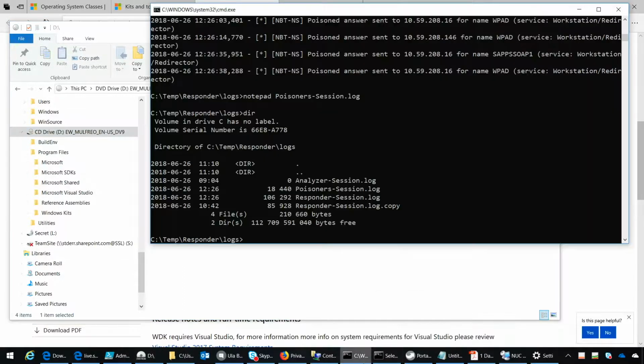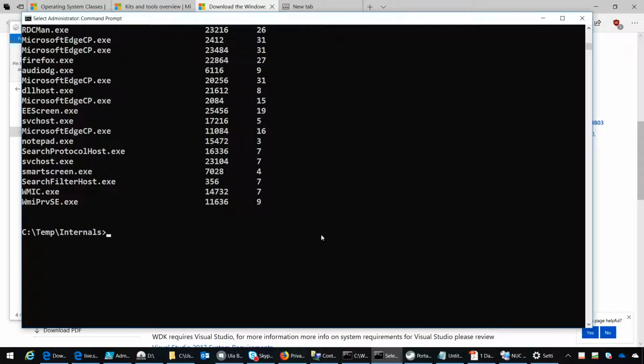SignTool is a utility allowing you to play with digital signatures. I prefer PowerShell, but SignTool has its own beauty. I can do dir